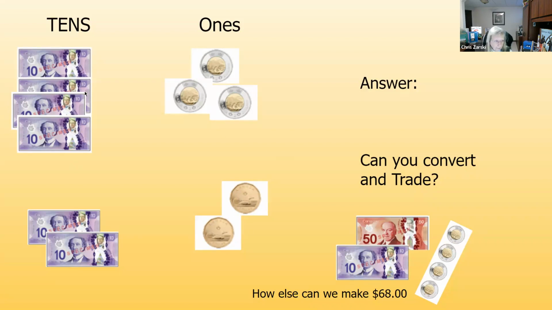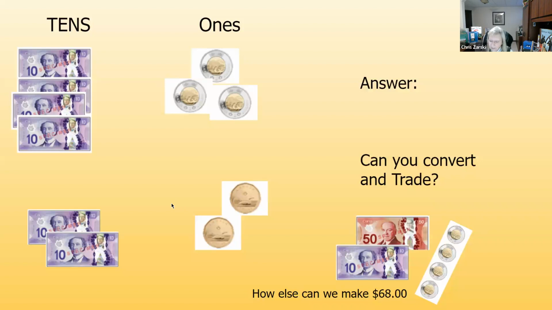So again, if I was going to add these together, I would be taking all of my 10s and putting them together, and all of my coins and putting them together, just like they built 103 cents, right? Same idea. So then I would have 10, 20, 30, 40, 50, 60, and then 2, 4, 6, 8. So then I could say I have 6 $10 bills and these coins. My question might be, is there anything here that we could convert? So I don't have to walk around with quite as much in my pocket.